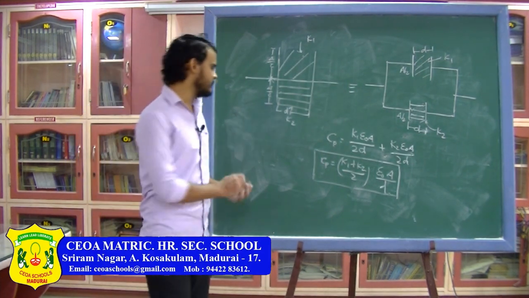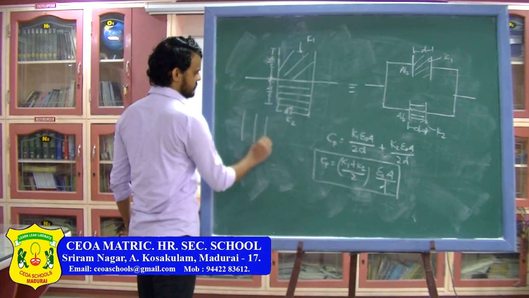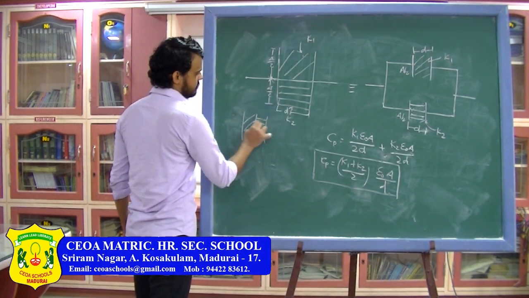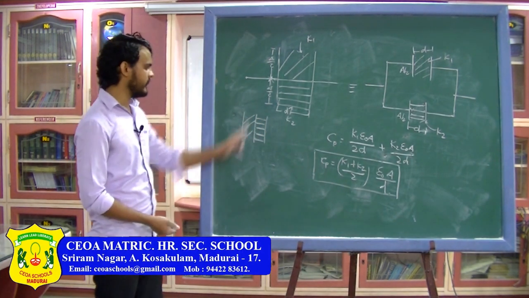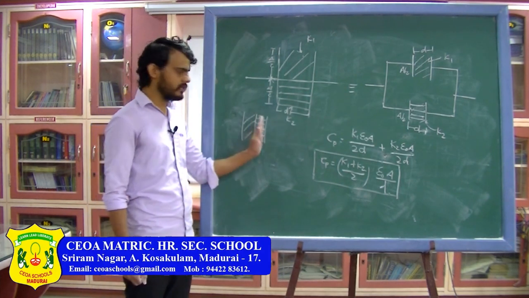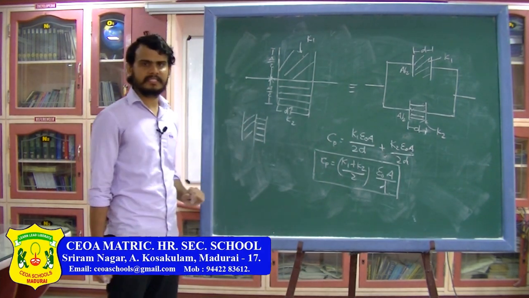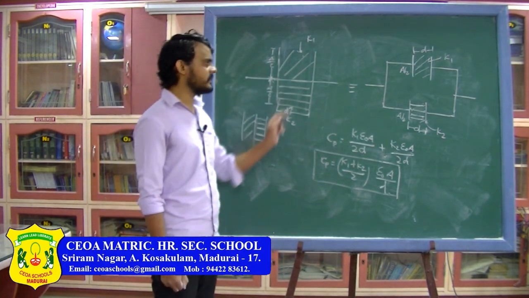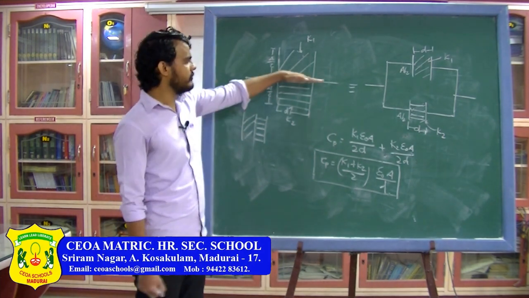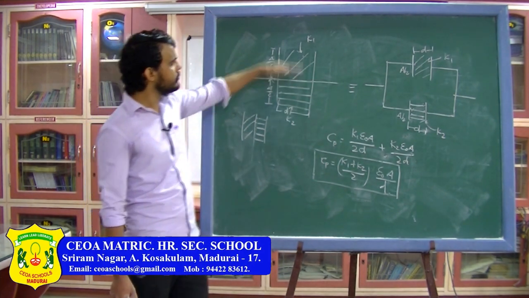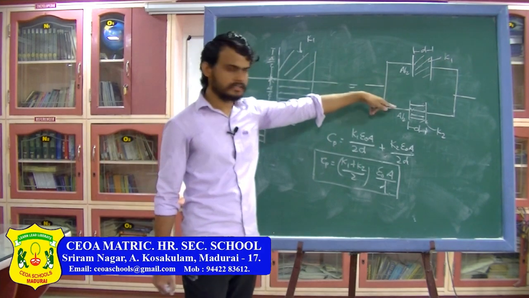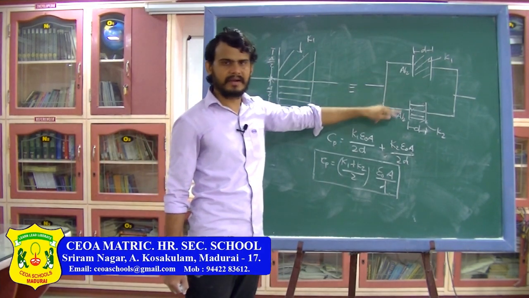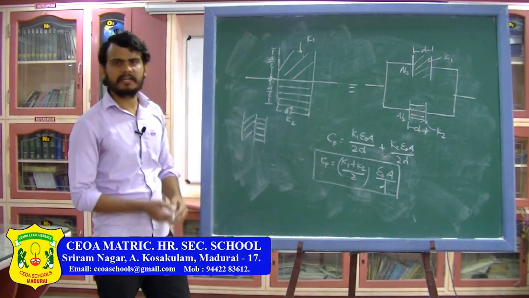First is, if you are inserting the dielectric slab in parallel, then you have to cut the capacitor from here and separate it into two capacitors which will be in series. And if the dielectric slabs are inserted like this, then you have to cut the capacitor like this and separate these two capacitors like this. So now these two capacitors will be in parallel and you can find the equivalent capacitance here.